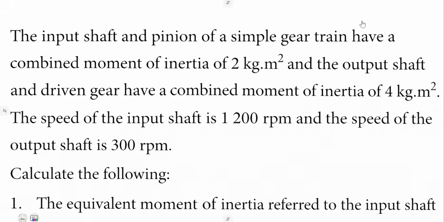Now, let us look into an example to cater for what we had about the simple gear train. We are given here that the input shaft and pinion of a simple gear train have a combined moment of inertia of 2 kilogram square meters. So what we are dealing with, one, it is a simple